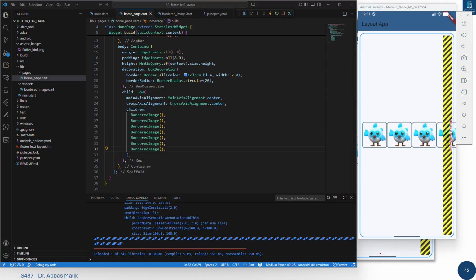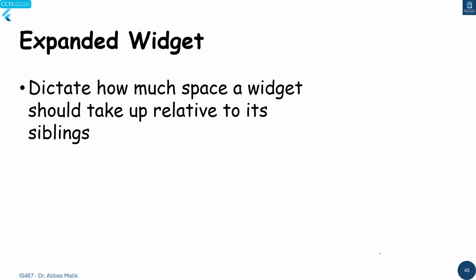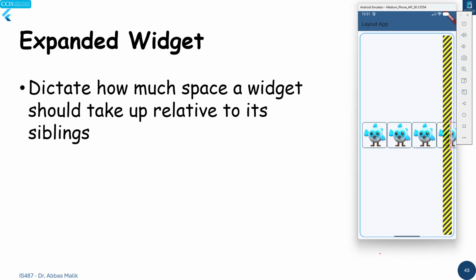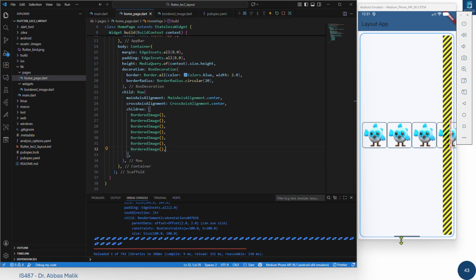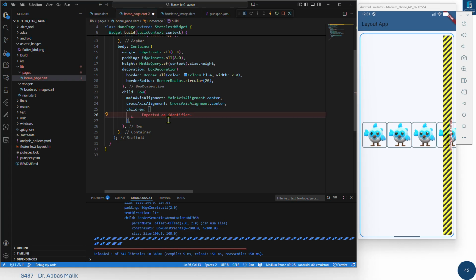Okay, the one problem is that we can have the expanded widget, which dictates how much space a widget should take up relative to its siblings. So rather than putting the bordered images like that, we are putting them into the, let me remove all these, this one. And then rather than I have this, I will just do that. And I say